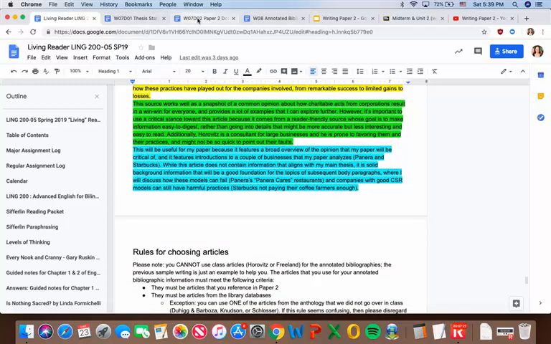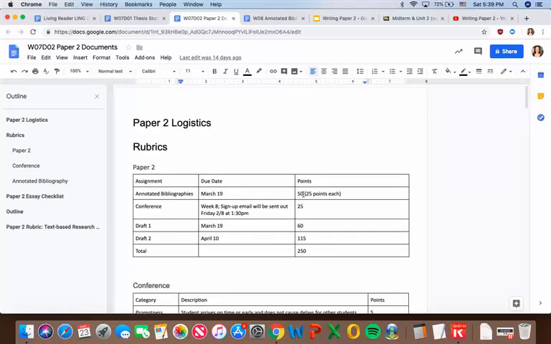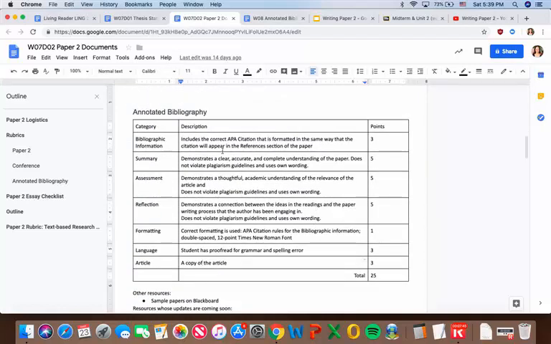So I want to start, as our first point of contact, with this rubric, because that's going to tell us, we want to know those points so we can understand how to meet that criteria. So again, it's 25 points. We're going to write 2 annotated bibliographies for 50 points total, 25 points for each annotated bibliography. So that means that the first part is you're going to include an APA citation that is formatted in the same way that the citation will appear in the references section of the paper. So if you want to think about how to do that,